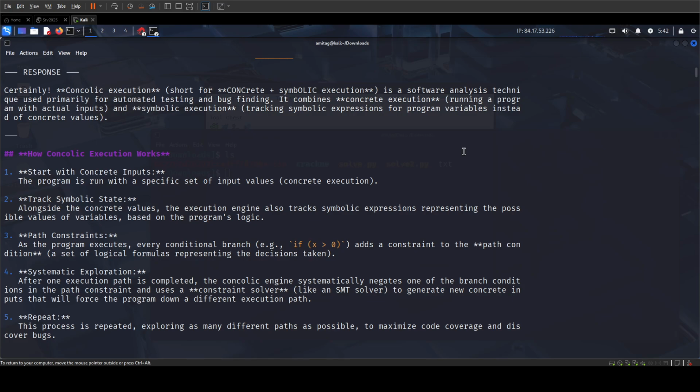And I am going to show the use of a tool called angr. That is a Python module that can be used for concolic execution, and we'll use it for finding a password that we have to find from a crackme. Now,